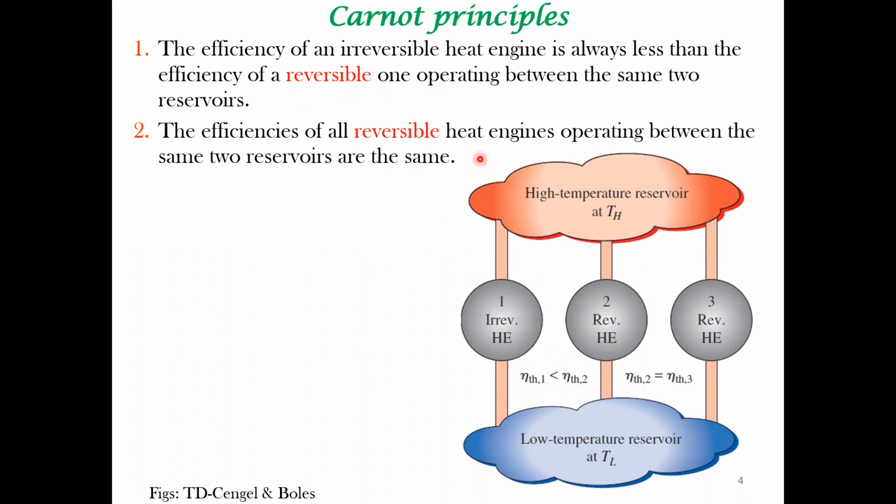And the second principle is illustrated here. Let's say these are two reversible heat engines operating with different fluids. Okay, so you may imagine one is operating via water, steam, and so on. The other is operating via air. It doesn't matter; if the temperature TH and TL is fixed, then the efficiency is one and the same. Okay, so this is of a lot of consequence, not just for analysis. You'll also see it's going to be used for establishing a thermodynamic scale that is independent of a thermometric fluid, right?